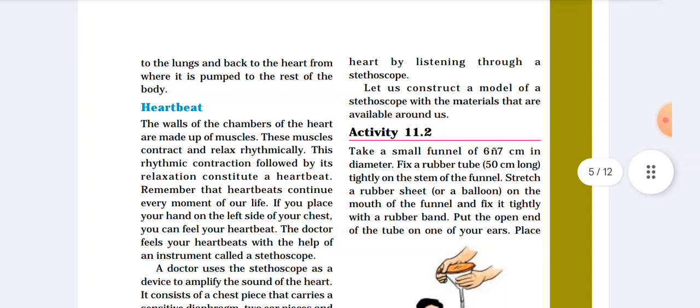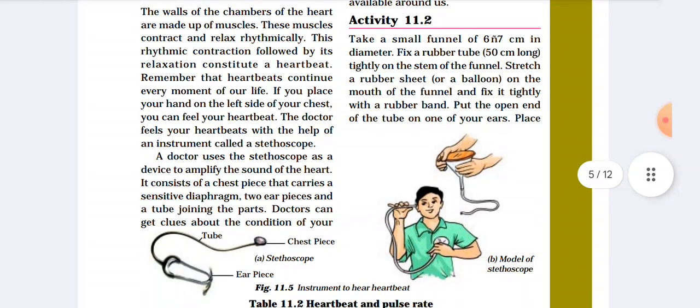Now how to make a stethoscope. Take a small funnel of about 6